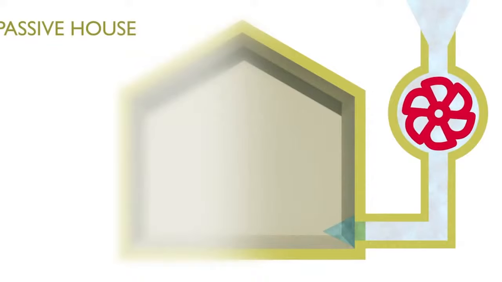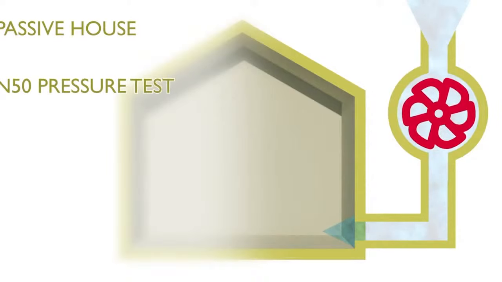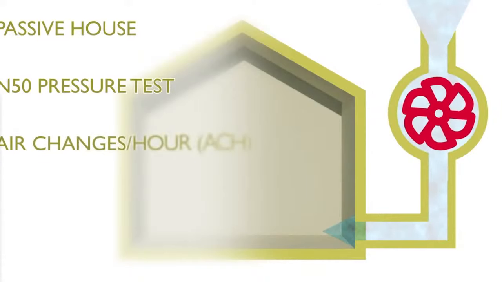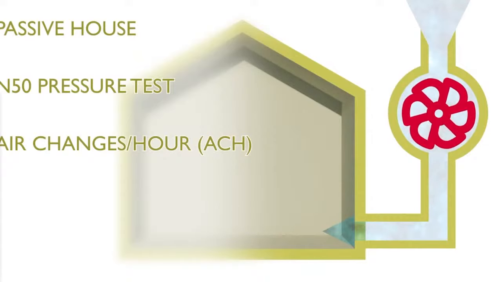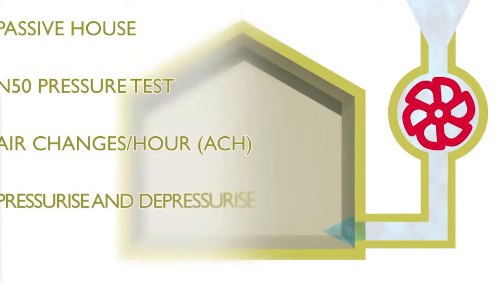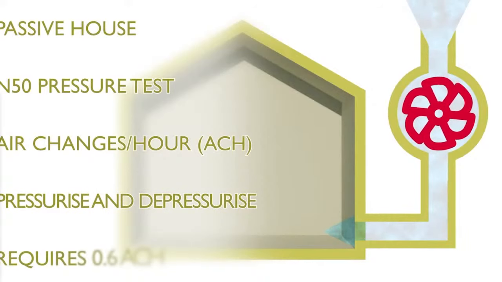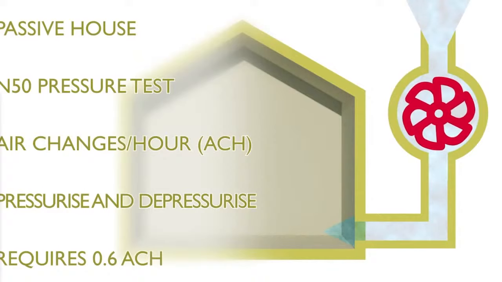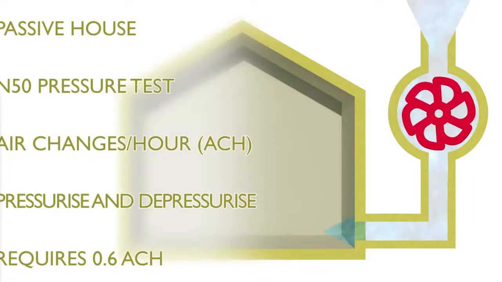Passivehouse expresses the air leakage differently, using a standard called N50, which is the air changes per hour, ACH, through the building's internal heated volume at the same 50 pascal reference pressure. In the Passivehouse test, however, the pressure must be applied in both directions, pressurising and depressurising the building, and the two results averaged. The test equipment and physical procedure is largely the same for both AP50 and N50 tests.